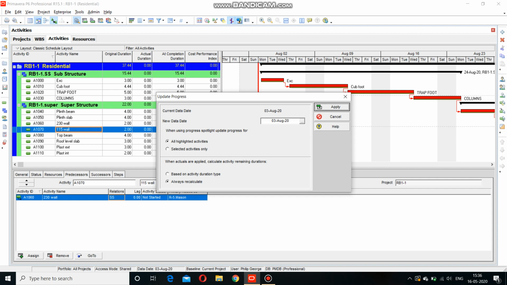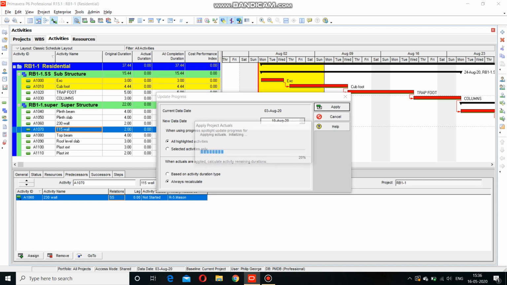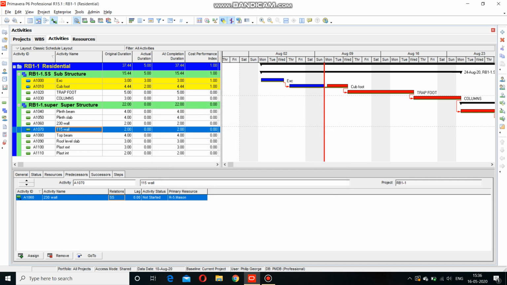We went to the update process and moved on to, let's say, the 6th day after construction started. By that date, we can see that the excavation work is already completed, and we are at about 2 days completion of the cuboidal footing work.